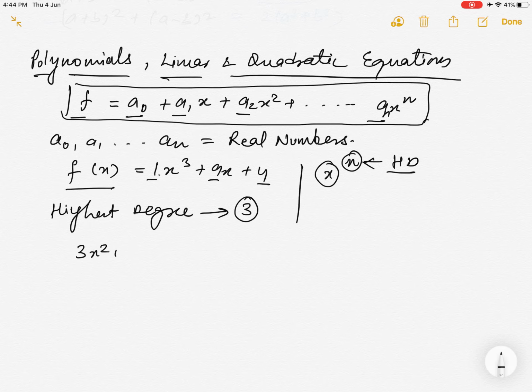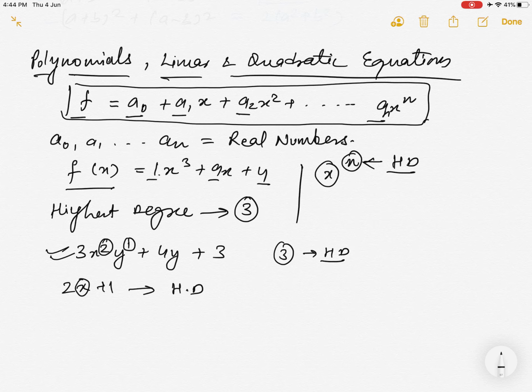Now for example, if you have an equation like 3x^2 y + 4y + 3, and I ask you what's the highest degree, then there are two independent variables, and if you have two independent variables, then you'll add up their degrees. So degree of x is 2 and degree of y is 1, so net degree is 3. So that's the highest degree of polynomial. So basically, if you have a single variable, you'll see the highest degree. If you have multiple variables, you'll measure degrees of both and then add. So highest degree of this particular polynomial is 3.